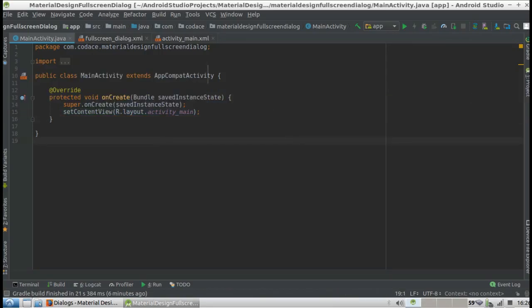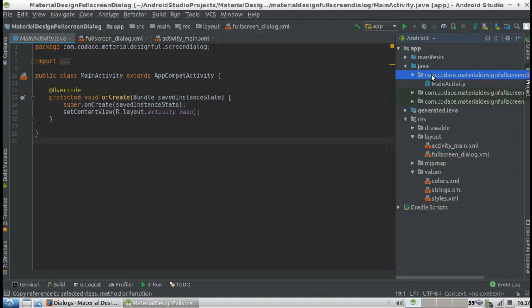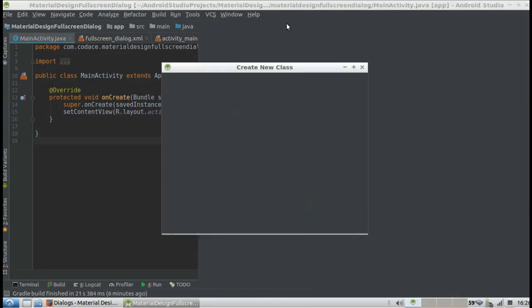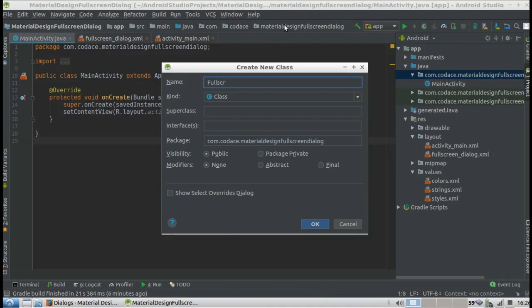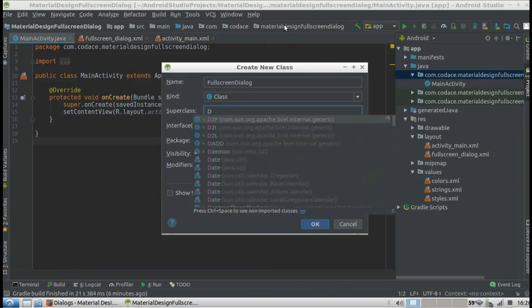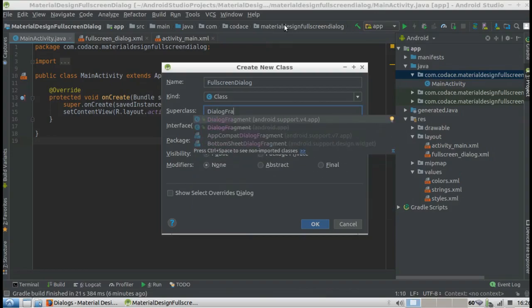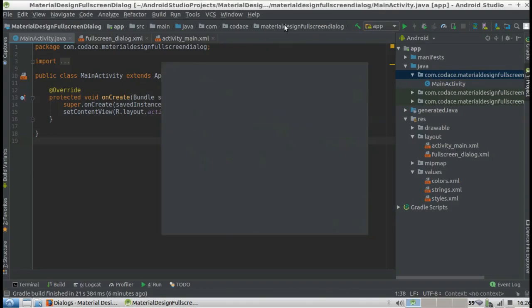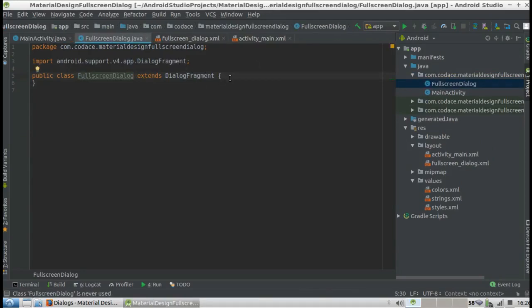So let's create a class called FullScreenDialog, and its extend and super class is DialogFragment. Okay, so after that,